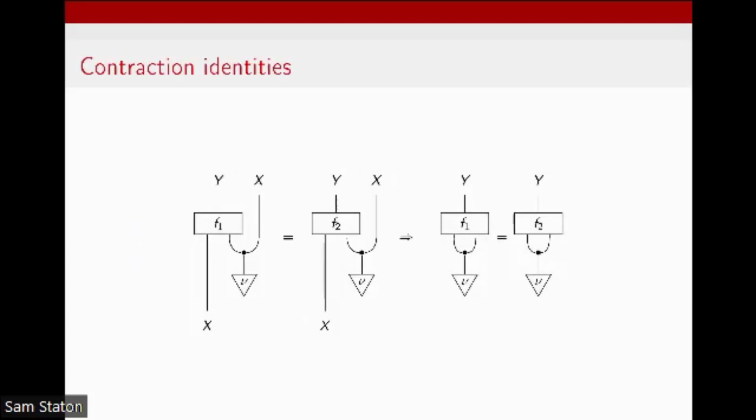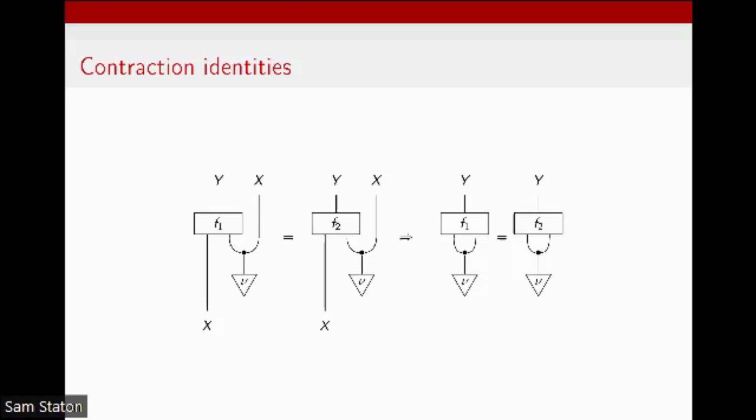So what we are actually interested in are so-called contraction identities. So here is a simple instance of a contraction identity. As you can see on the left, let's just look at the morphism with F1. You can see from the structure of the string diagram that the information flow is organized in a way that to compute the output X, you don't need to use the input X. So ideally, I would want to be able to feed the output of type X to the input wire of type X and then pull that wire together. That's what you can see on the right.